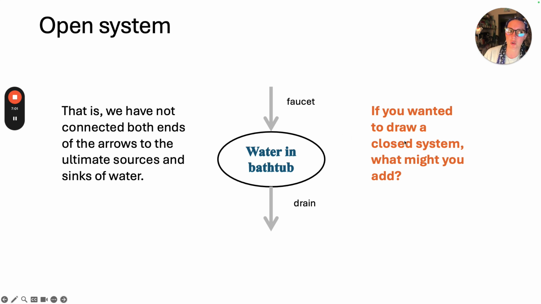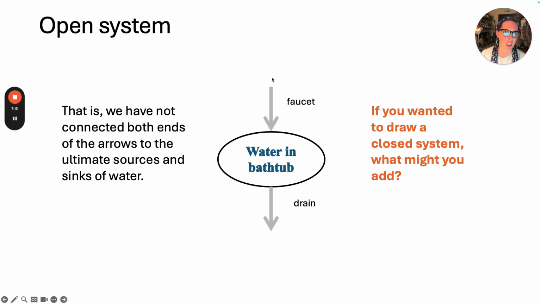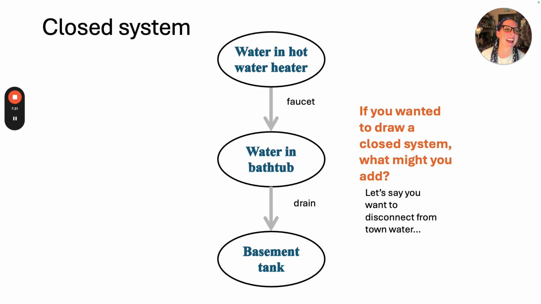So if you wanted to draw a closed system, what might you add? Consider pausing this video, and think about what you would add here to close this system up a little bit. Right now, there's nothing above the faucet, there's nothing under the drain. So how would you close this off? Pause. So if you considered things like a hot water heater and then maybe a basement tank or something,